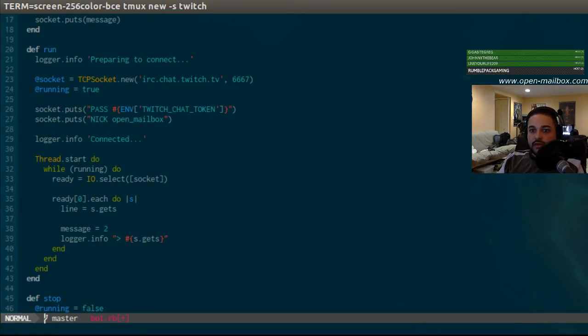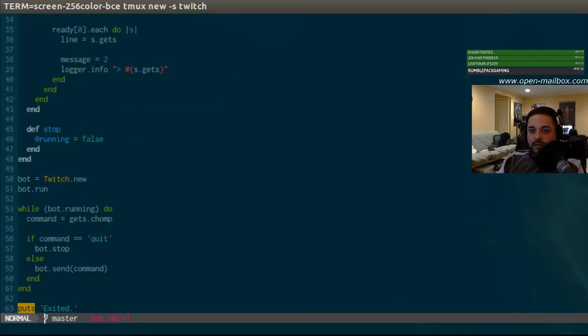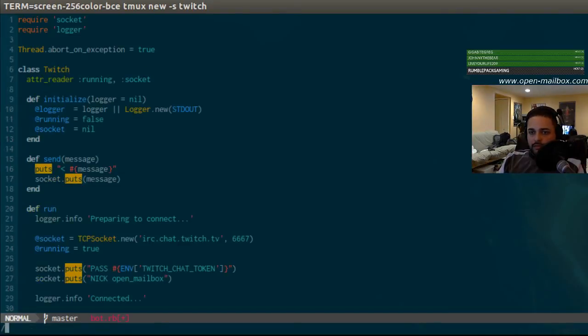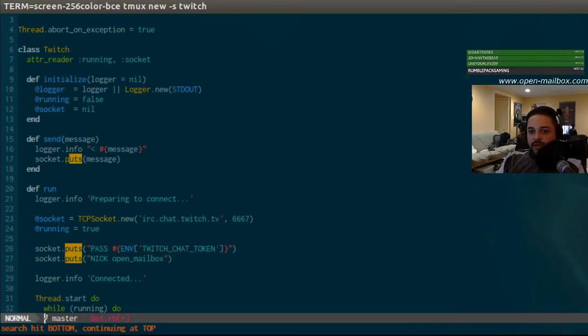Where else are we using puts? Whoops. Keep using it there. All right, we're going to use an actual logger instead of just printing things to the screen.